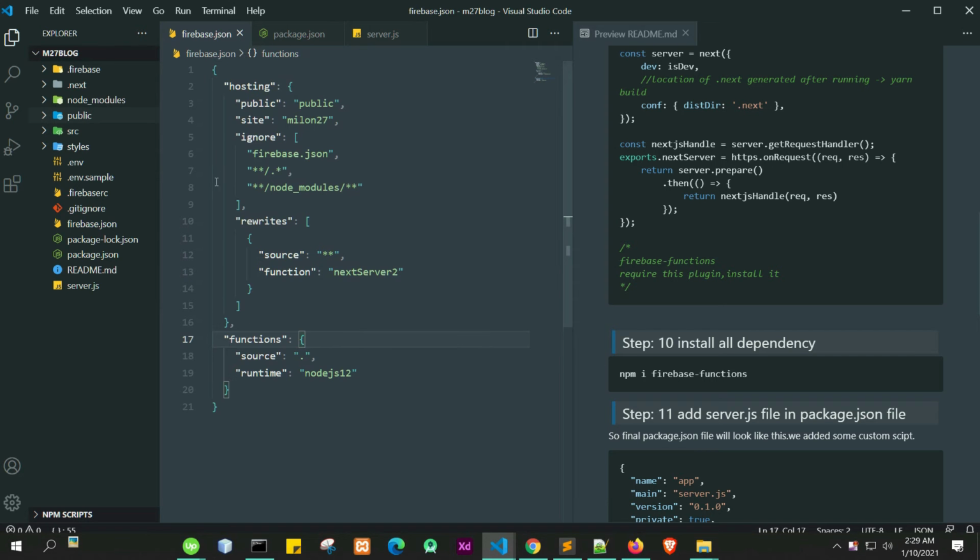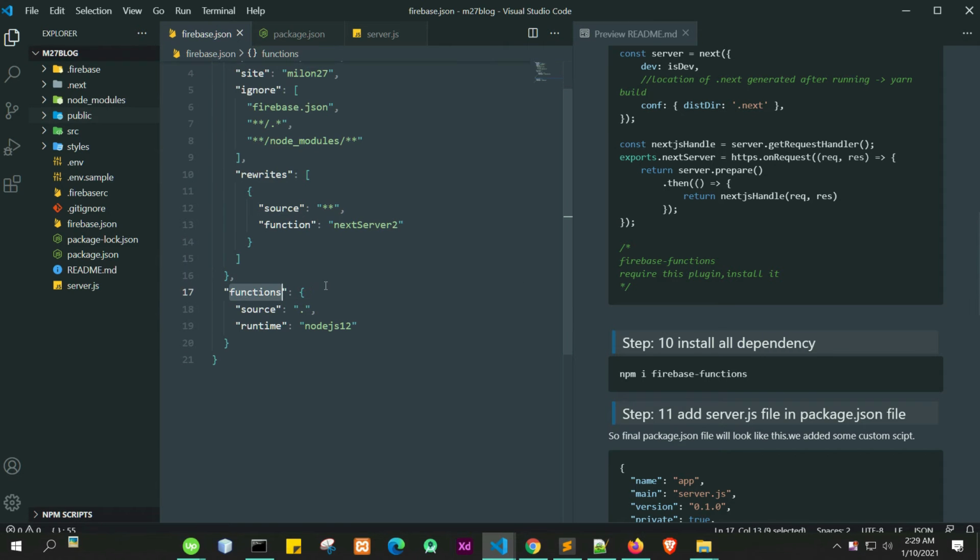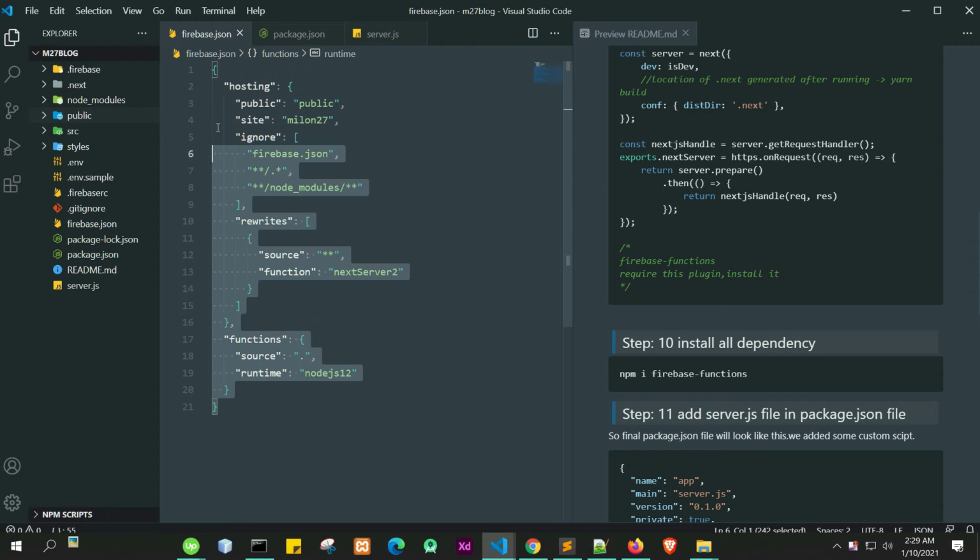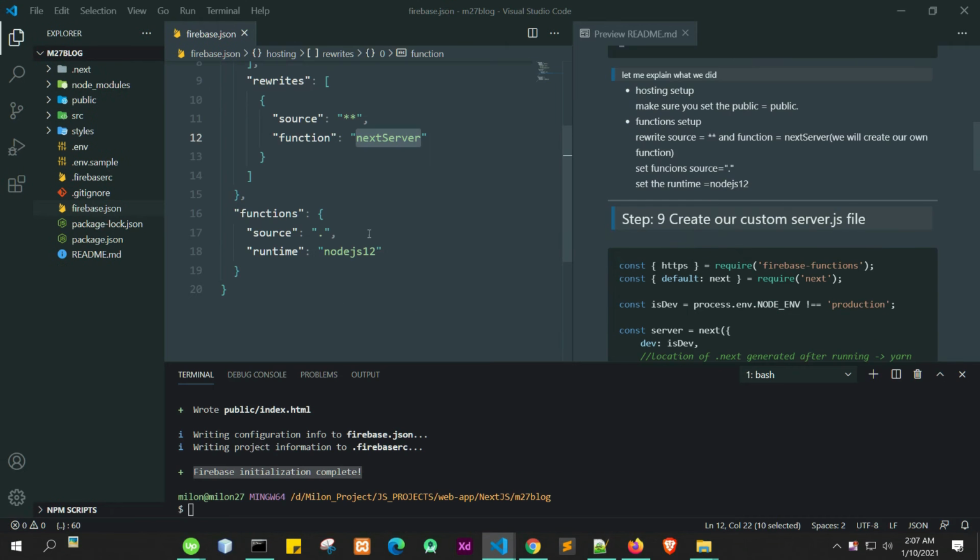One is for Firebase hosting, that would be public, and another one is for the Firebase function, the functions folder. We didn't create any functions folder here, but we put a single dot, which means this current directory. After that we set the runtime as Node.js 12. So this is all about the firebase.json file. After that you need to give the source and the runtime.